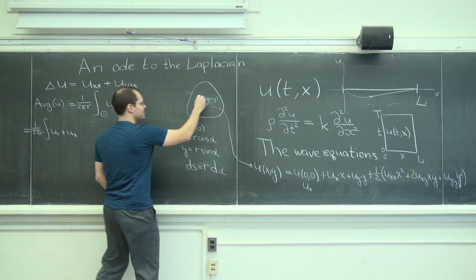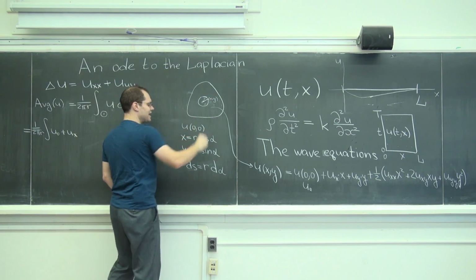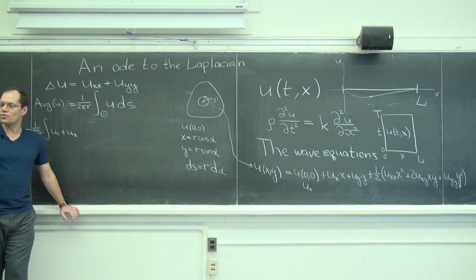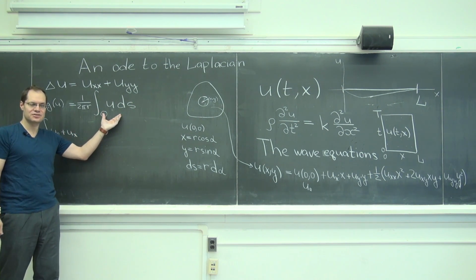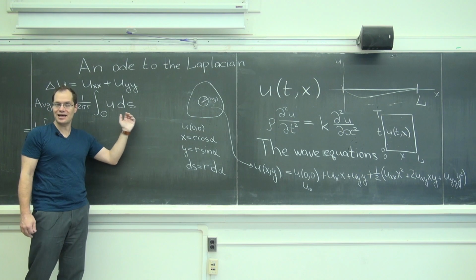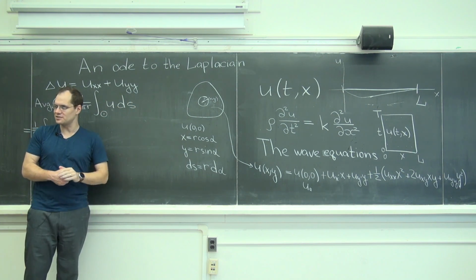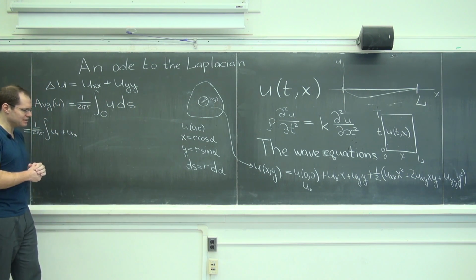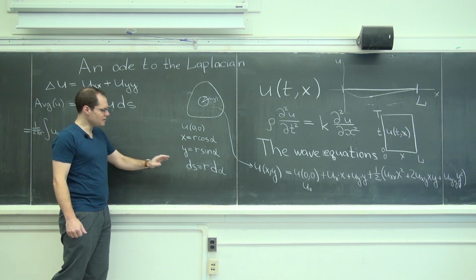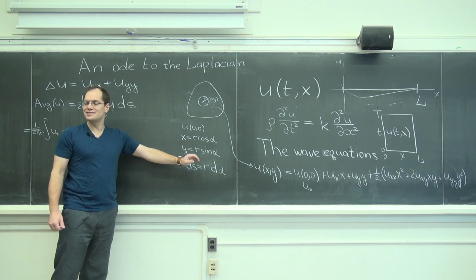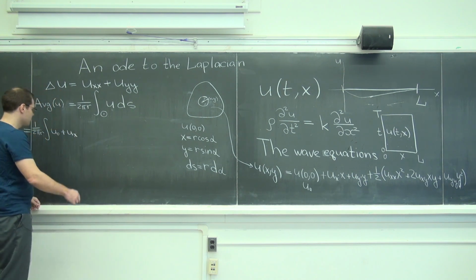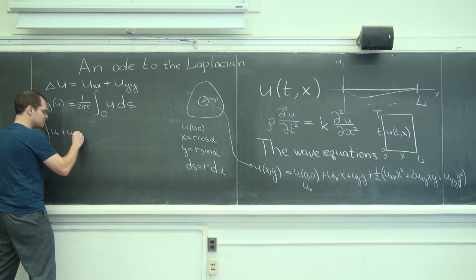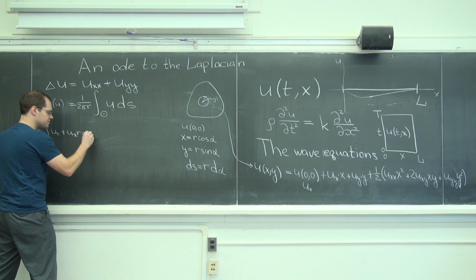I'm skipping the calculus details. We could go through the formal procedure of taking this invariant integral and parameterizing it and converting it into an arithmetic integral like you did in multivariable calculus. But we'll just agree that ds is r times d alpha. So u sub x times r cosine alpha